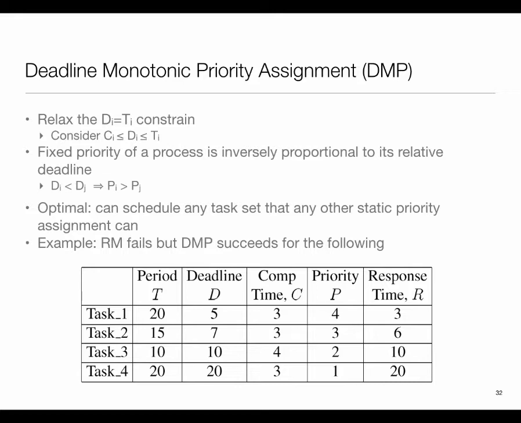So for the case where d is not equal to t, you have to give priority according to the deadlines. Again, there are results which show that this is optimum, and my critical path analysis actually works for this case also. The only thing is your stopping condition changes now. Instead of looking for a time less than or equal to t sub i, you're going to look for a time less than or equal to d sub i. But the rest of the machinery still works.